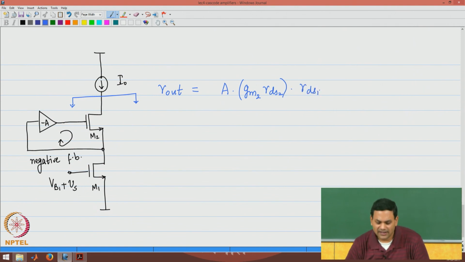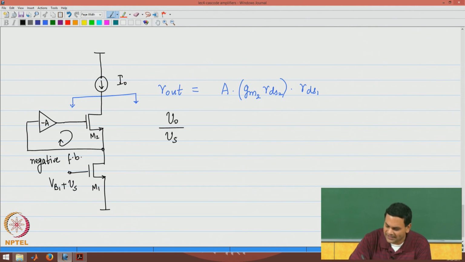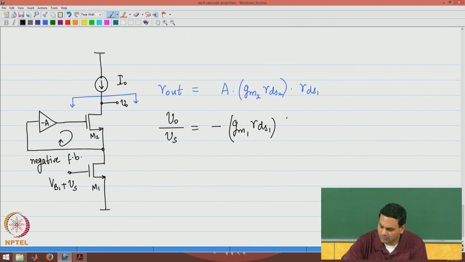In other words, the negative feedback boosts the output resistance even further by a value equal to A. What does this mean for the gain of the circuit? This means that VO over Vs, which is the gain of the circuit, is now minus GM1 RDS1 into